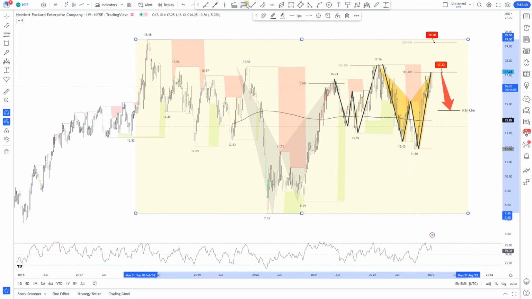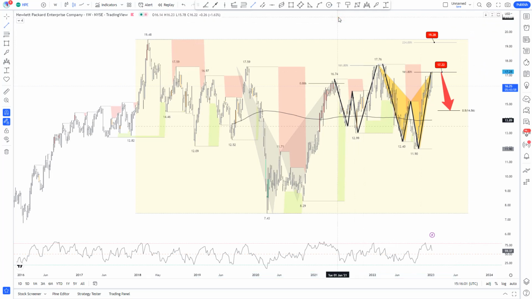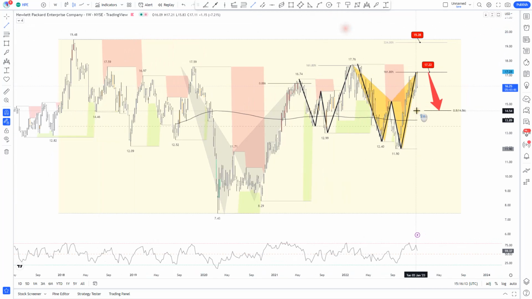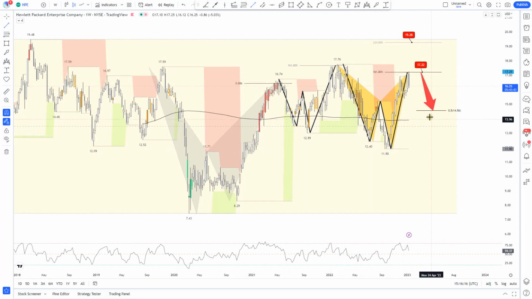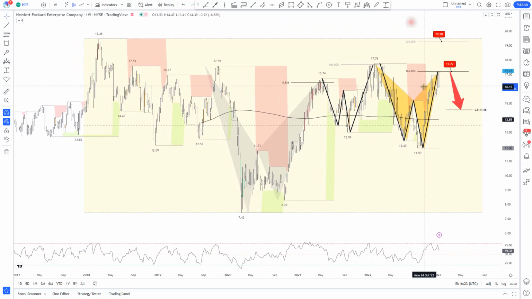Of course, we have a trend line here covering these highs. We have a descending trend line there. We need to see a clear violation of this structure. I will point to a clear violation of this previous structure fractal resistance that may trigger more upside momentum. Until then, pay attention to these swings, because those patterns may offer small opportunities to get involved on those stocks. On those patterns specifically, this is the shark pattern.